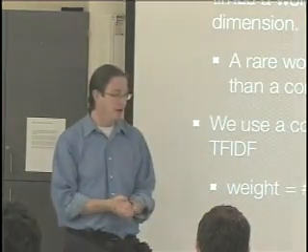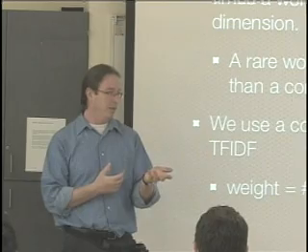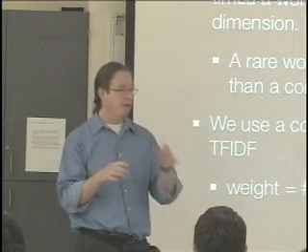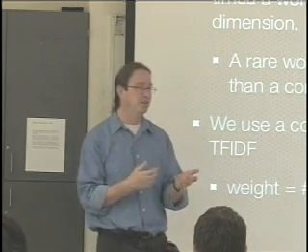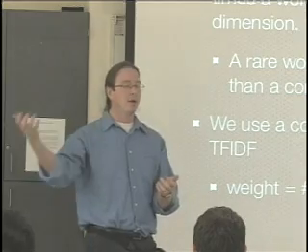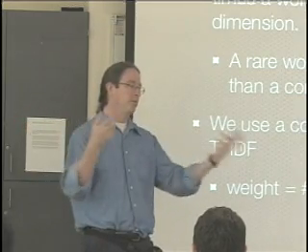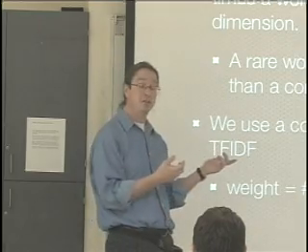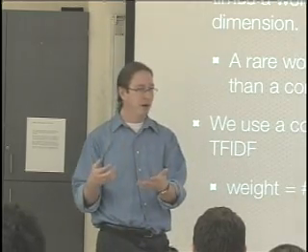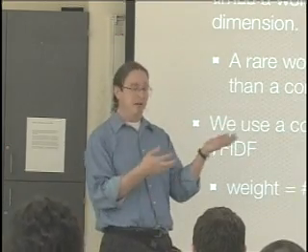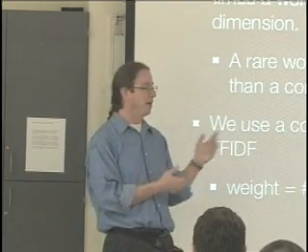Okay, we want to scale a little bit, and this is why I asked you if you knew about TF-IDF. TF-IDF, and I'm not going to go into it because we don't have time, is just a weighting scheme that gives extra weight to words that occur rarely in the language, but commonly in a document. So if I had a document about aardvarks, again, the word aardvark is very rare, but if it occurred 10 times in the document, that would be a strong clue that it's really about aardvarks, and I should put a lot of weight on that.